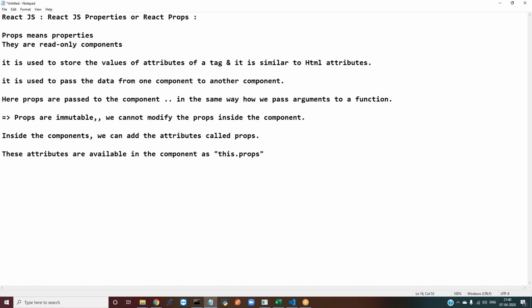What is the use of this.props? It is used to read the data from another JavaScript file, which is used to read the dynamic data. Take down these points.